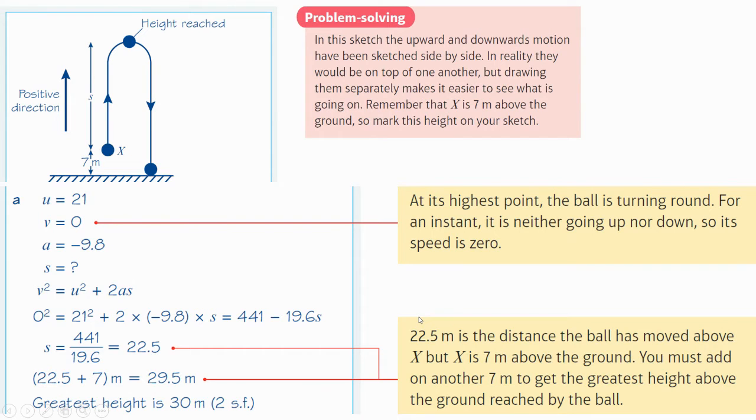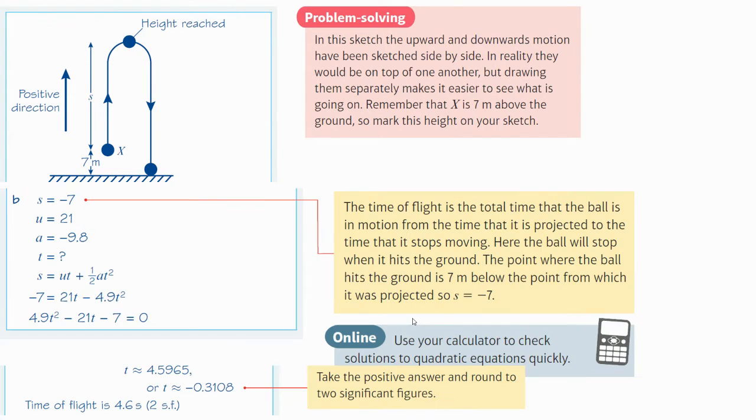Okay, so part B, the time of flight. So part B, time of flight, we know that the original speed is 21. The gravity, the acceleration due to gravity is minus 9.8, times what we're looking for. Now S equals minus 7, because the flight is the total time the ball is in the air,